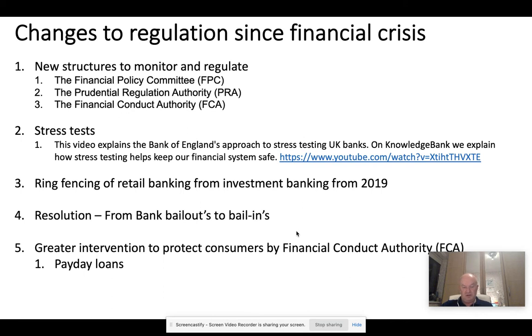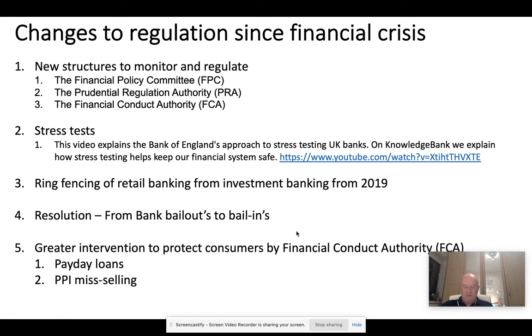Examples of the intervention to protect consumers. One of the areas was payday loans, which some of you might be familiar with, where businesses were charging people who were struggling to have enough money to manage their finances day to day massively extortionate loans, which were certainly not considered to be in the public interest. The PPI mis-selling saga that I'm sure your parents and anybody of a certain age will tell